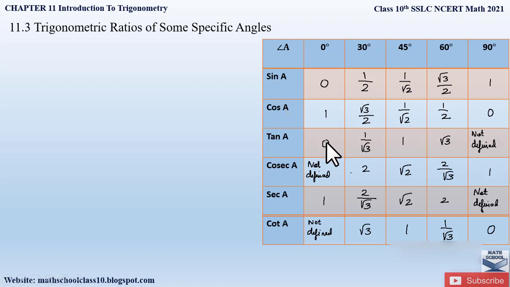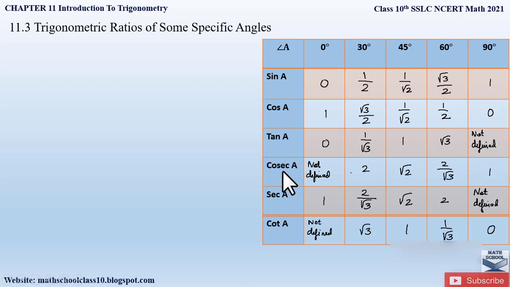Now tan, how will you remember? Sine by cos will give you tan value. That is 0 by 1 is 0. So 1 by 2 divided by root 3 by 2. Here 2 and 2 will get cancelled and you will be left with 1 by root 3. Again 1 by root 2 divided by 1 by root 2. Here root 2 and root 2 will get cancelled and you will be left with 1. Similarly, for tan 60, it is sine 60 by cos 60. That is root 3 by 2 divided by 1 by 2 will give you root 3, and 1 by 0